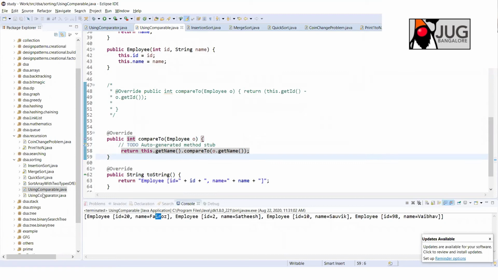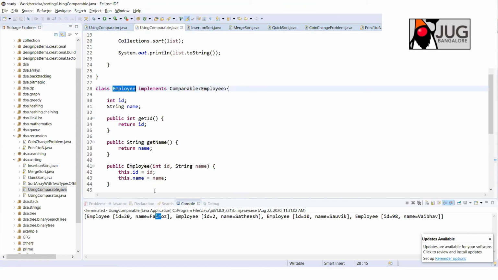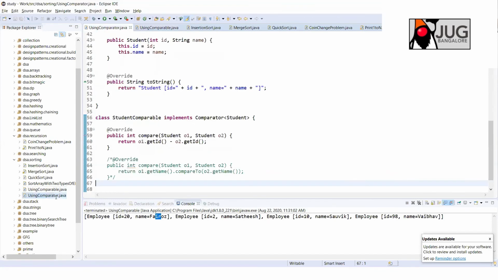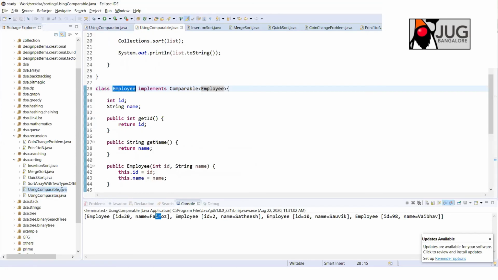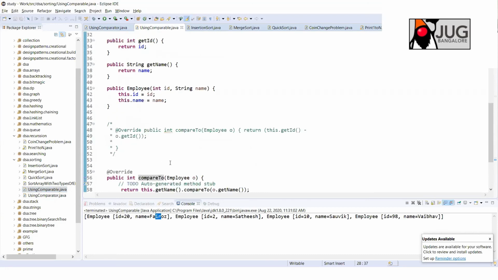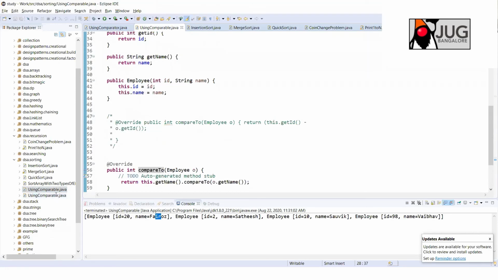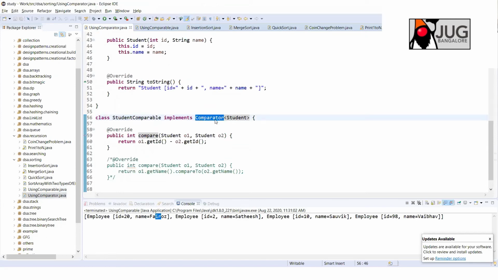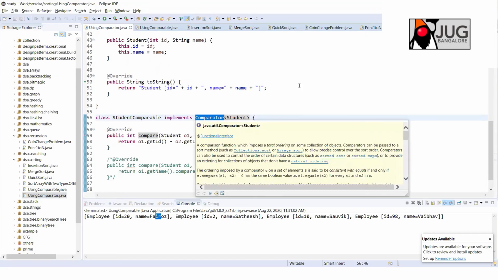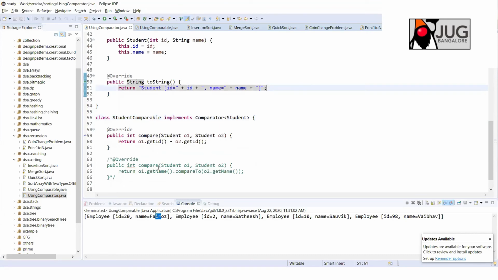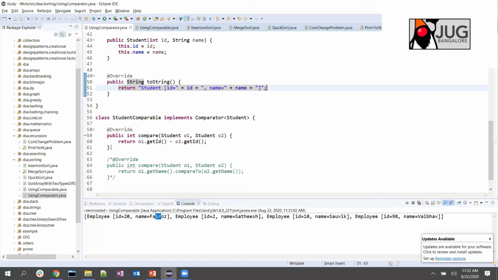The other way which I mentioned is, you don't want to modify the base class for your comparable logic. So you can write your own separate class, like this StudentComparable class, which implements Comparator. Remember that we used Comparable here, where I can do the logic in the same class. But if I take Comparator, I am comparing two objects. So I need to write logic for comparing two objects, which means it is a different class. So I don't have a this here, because it is taking a different class.